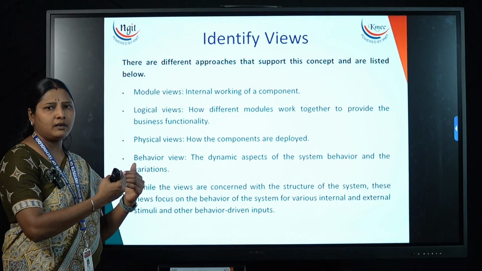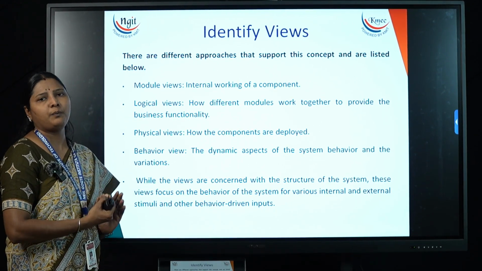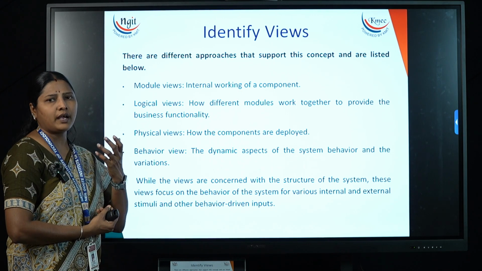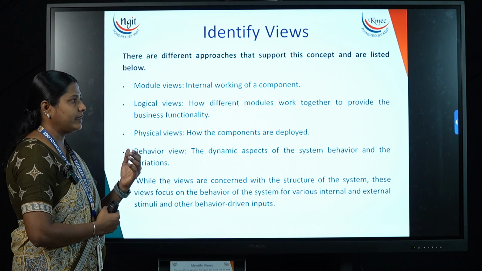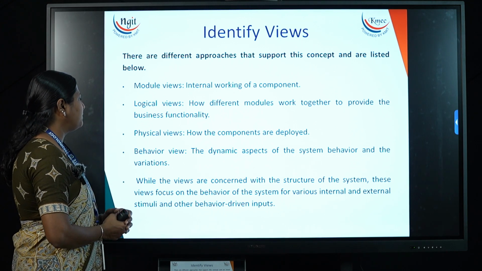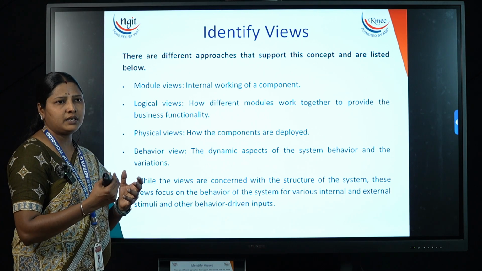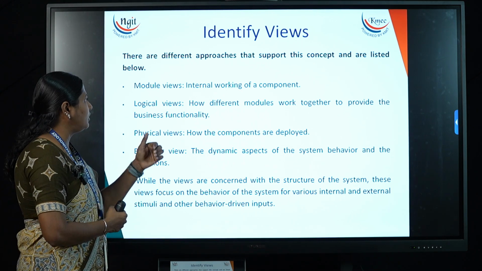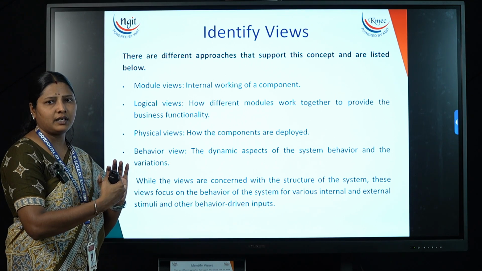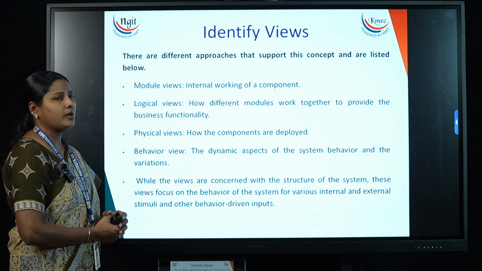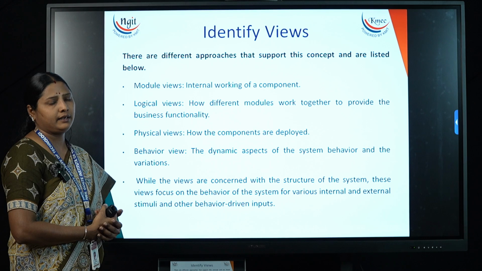So what is the front end, what is the back end, what is the exact integration or the interconnection that we are performing. So this logical view can define exactly the overall working of your architecture and model. Coming to the next one, physical view. So how the components are deployed. This physical view can represent the hardware connectivities. When we talk about the module view, module can talk about the internal software connectivities, whereas the physical view can represent whatever devices are supporting to connect or interconnected.